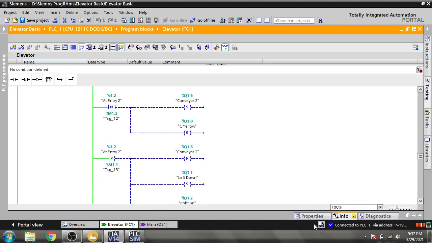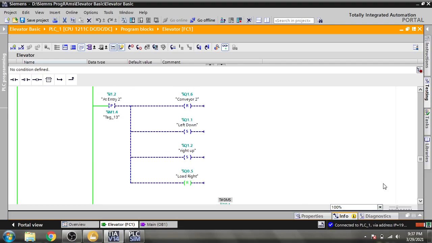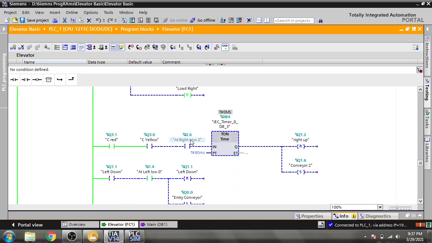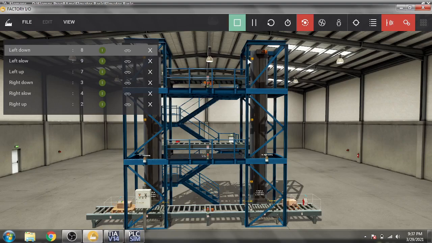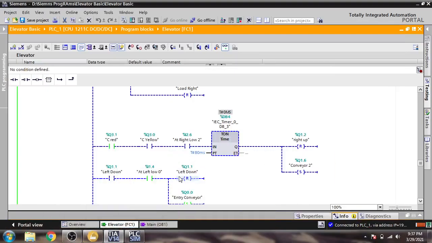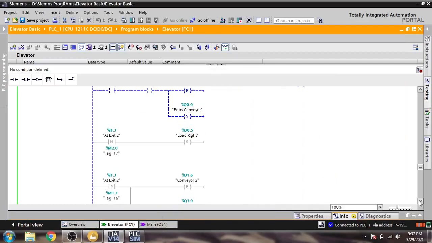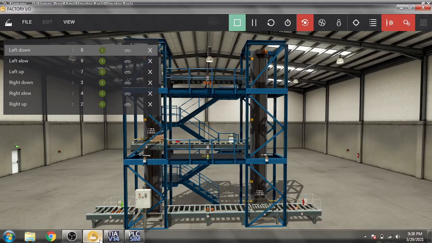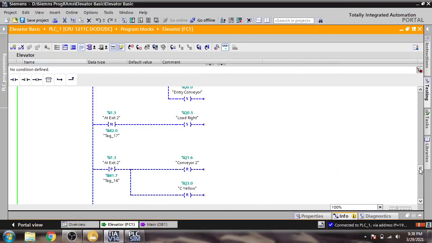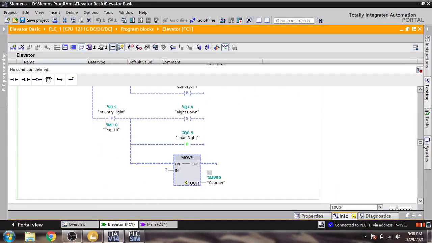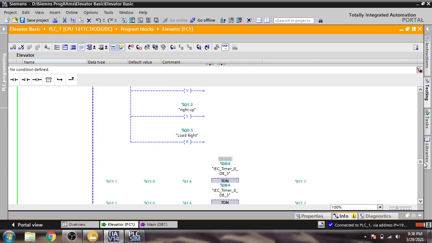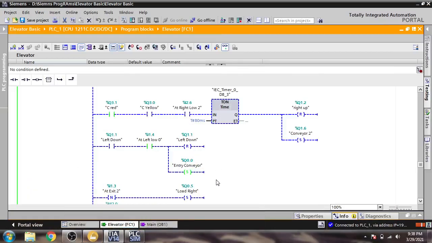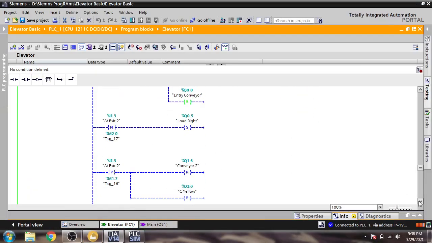You will see at entry it will reset our controller. If you watch my previous video, you will easily understand that. You will see that at right low 2, when it reaches there, it will do that command. So now our that command is going to be used, but you will see when it reaches the 3, then that program is there.